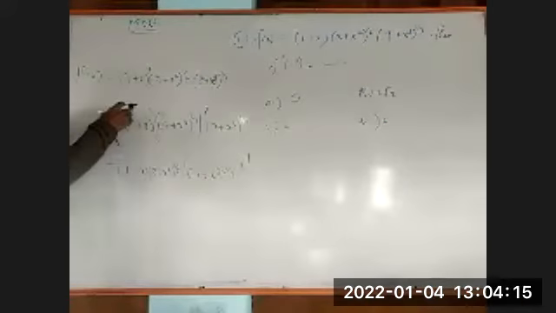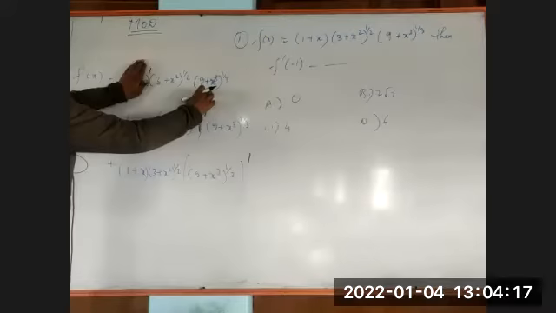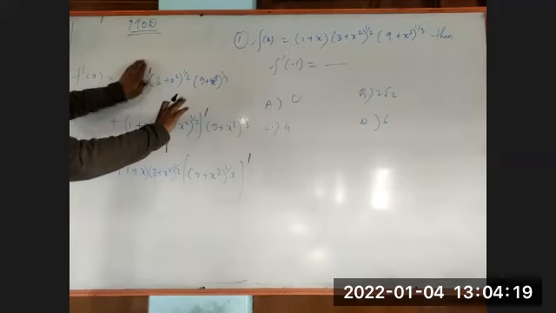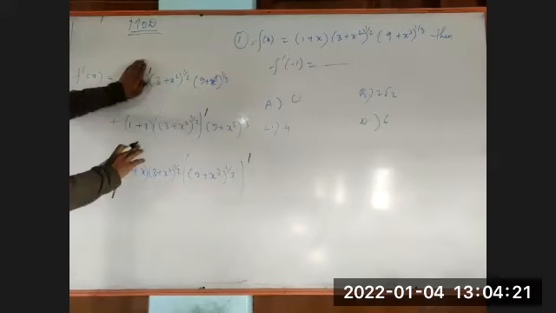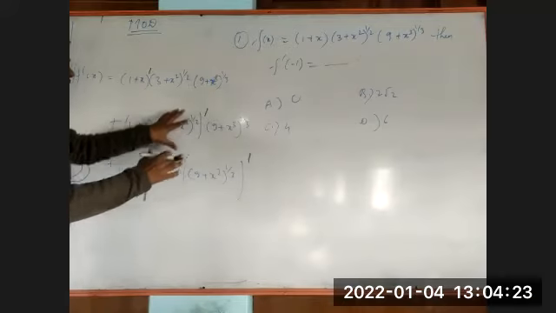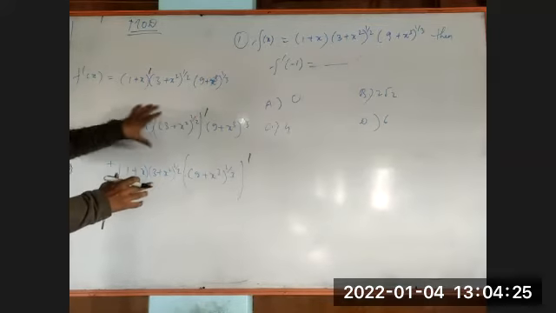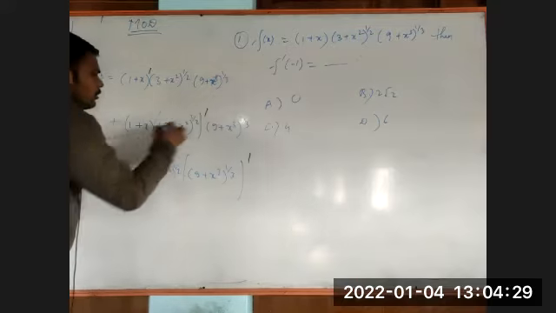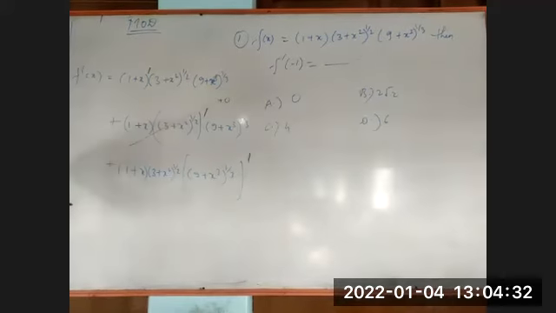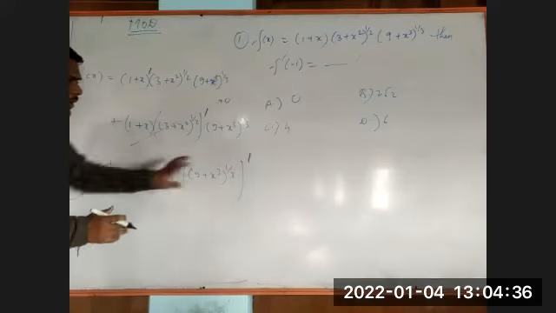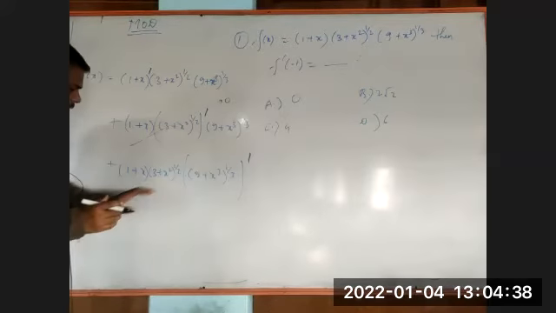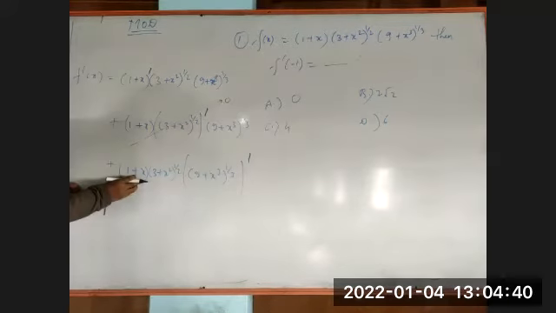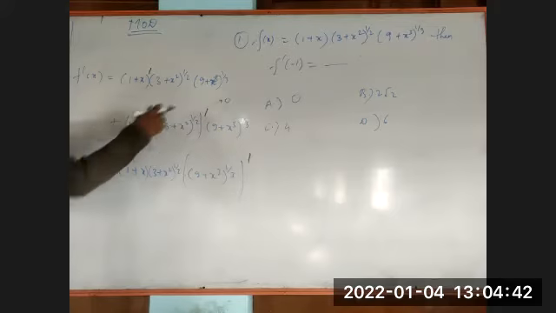So if you put here the x value, something will come. If you put 0 here, and we do not put it in the differentiated part, this 0 will make the complete term 0. Here also we are not going to put, but after putting x equal to -1, as our demand is there.